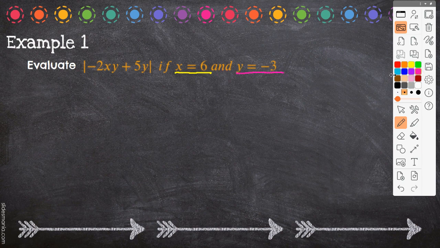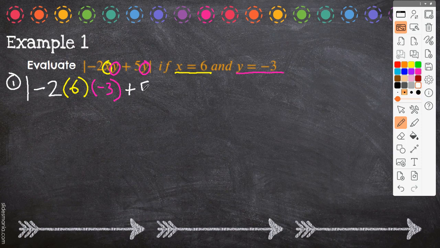and y equals -3, that means that everywhere an x is, you're going to plug a 6 in with parentheses, and everywhere a y is, we're going to plug in -3 with parentheses. So let's do our first step of plugging all of that in. So we're going to have absolute value line, -2, 6 in parentheses, -3 plus 5,